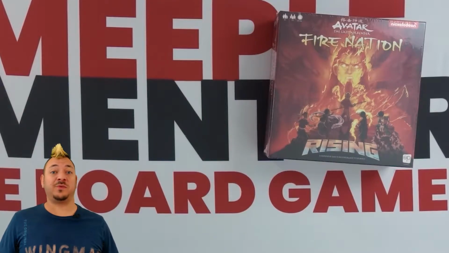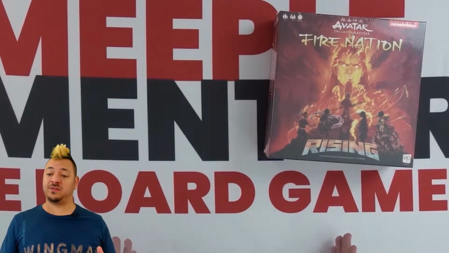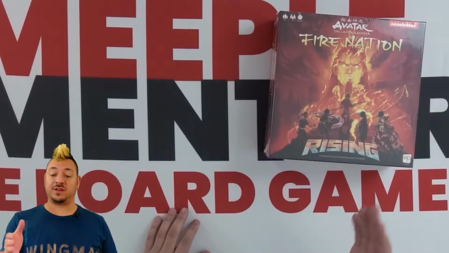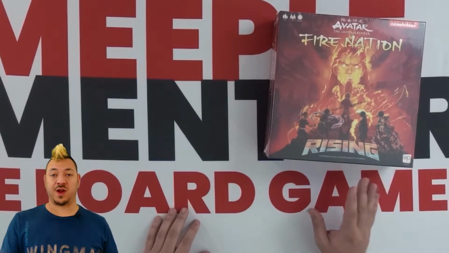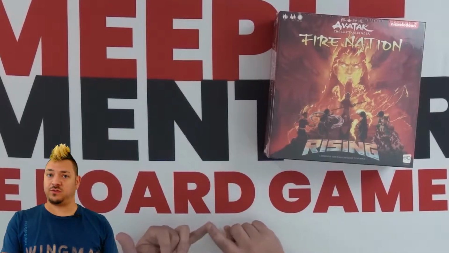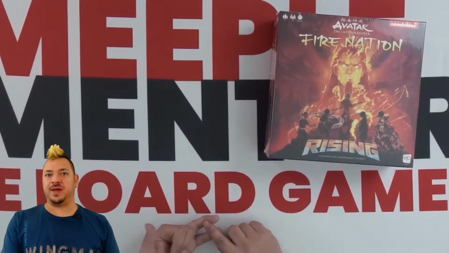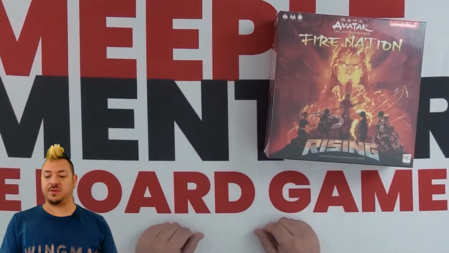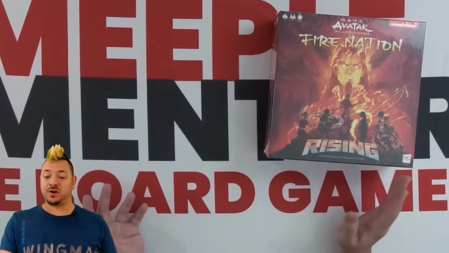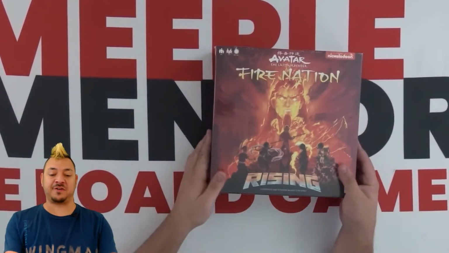I'm Jared. Today we're doing an unboxing of the newest release from the Op Games, which is along their lines of the Rising series. This is Avatar: The Last Airbender Fire Nation Rising, which, like I said, is part of the Rising series, like Thanos Rising or even the Batman Who Laughs Rising, and they've had a couple others like it. I've not actually played some of those Rising games, so this will be my first one that I'll get to try out. But we're going to do an unboxing and see what's inside for all you fans of